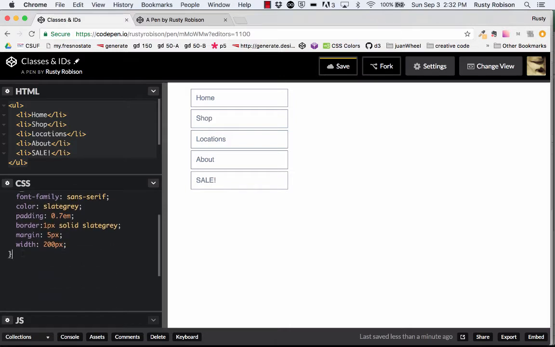Good stuff. Okay. Now let's say there's one thing on this list I want to stand out, and that's the sale down here. You want that to jump out at people. So I need to find a way to just target that one thing, not all of them, just that one. So I'm going to use what's called a class, and this is how the syntax goes. I'm going to type a period, which means, hey, this is a class selector,